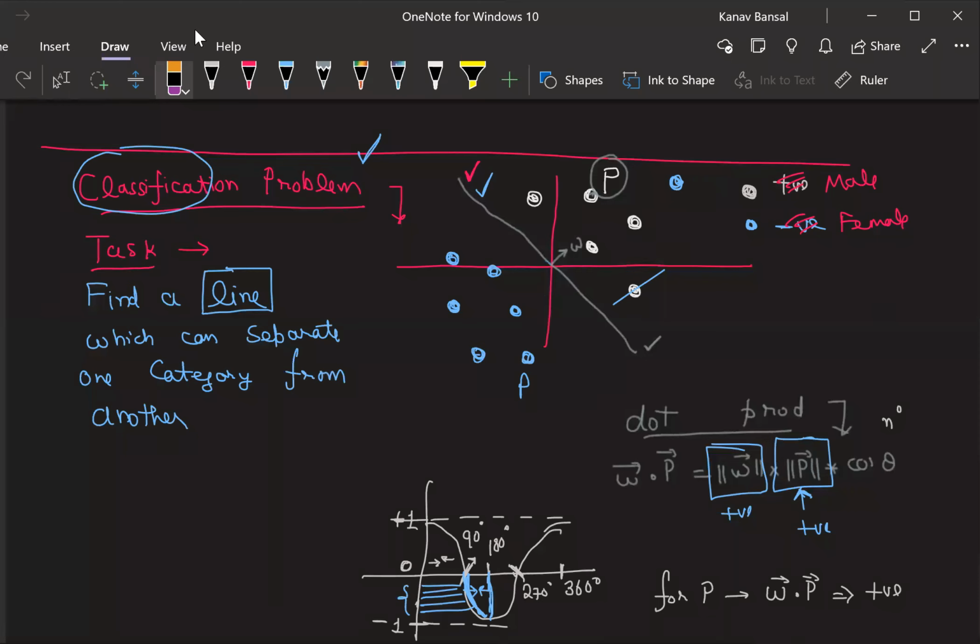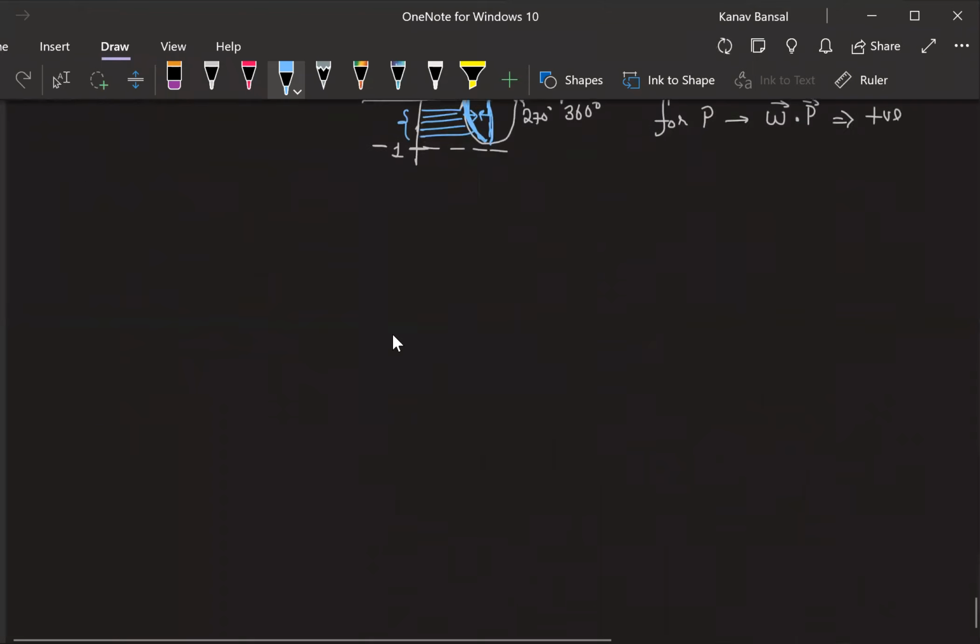See, Arti, W is given to us, right? W is something that is given to us. We will come up with this W. There is a lot of mathematics that goes behind this thing. How do we compute the length of W, right? So let's not go into that. It is a little advanced topic. There is something called the optimization theorem, and that is where we'll learn how to compute this W, right?